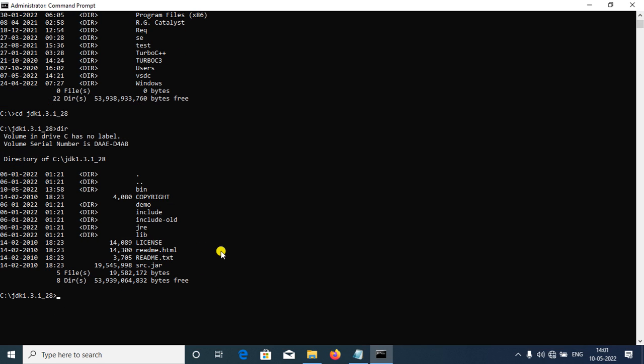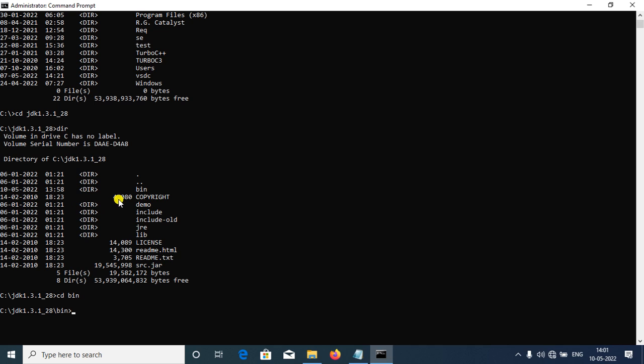See here, same files. We know that we saved our Java program in the bin folder. So to go inside the folder, we will write cd bin, that folder name. Similarly, if many folders are there, in which your Java version is there, you have to write cd your folder name, so that you enter that folder.